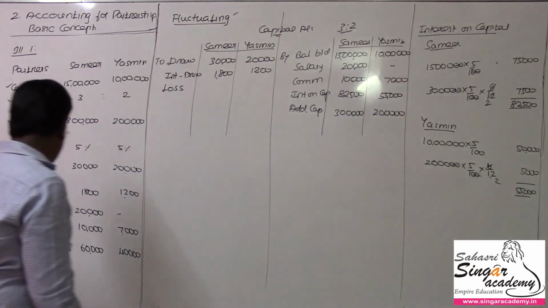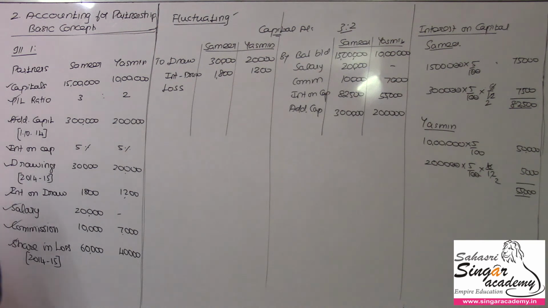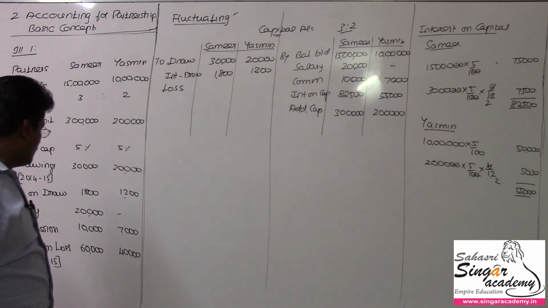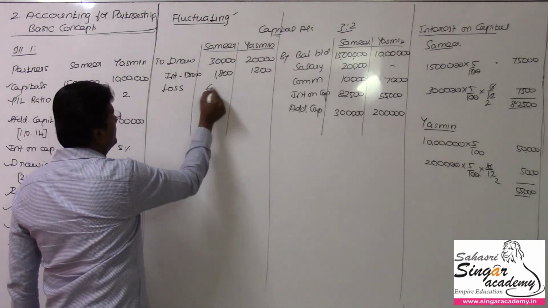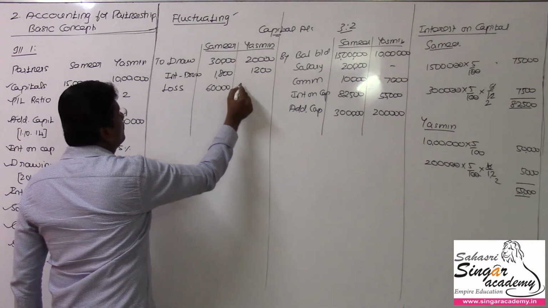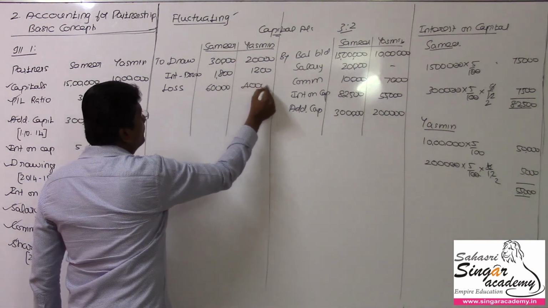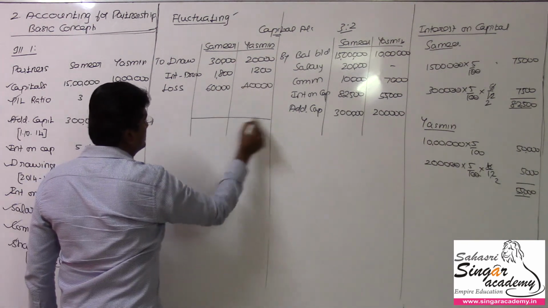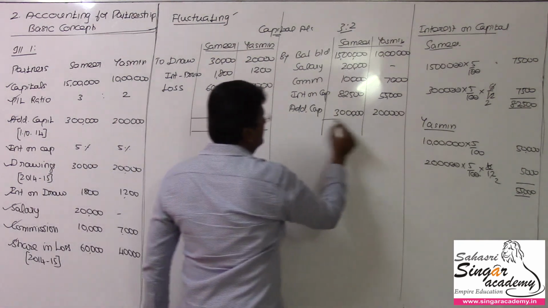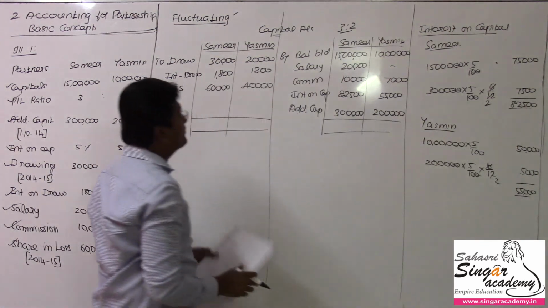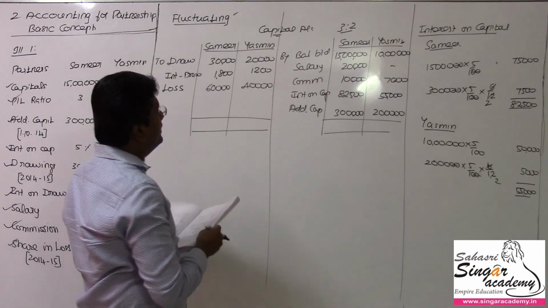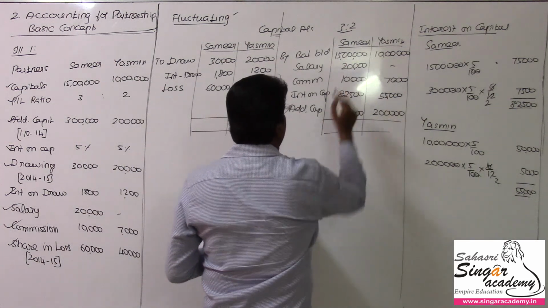And then share of loss. Loss should be charged to the partners' capital accounts. For Samir it is 60 and for Yasmin it is only 40. After posting these values, I am going to close this book. Right. So the final value of Samir is 15 lakhs, 18 lakhs, 19